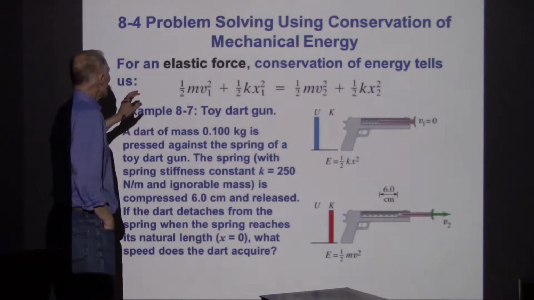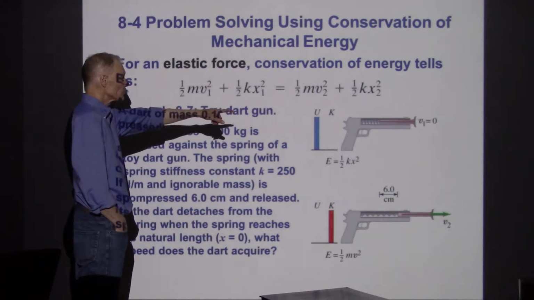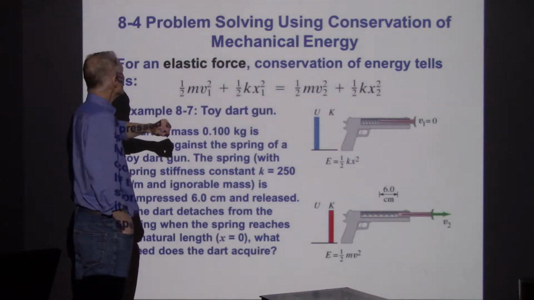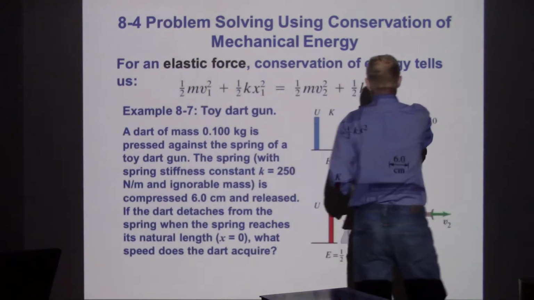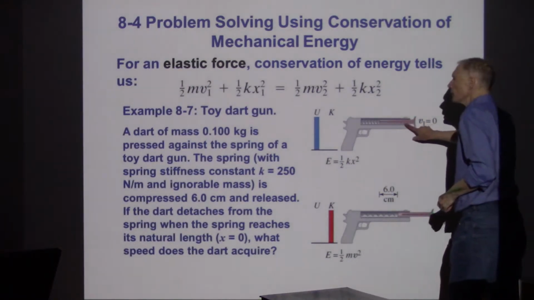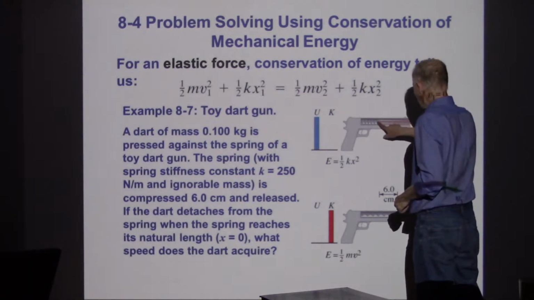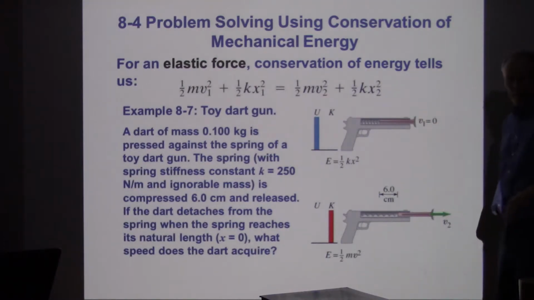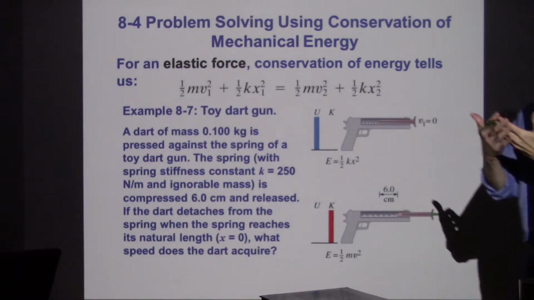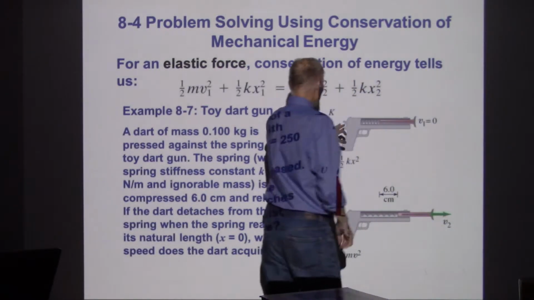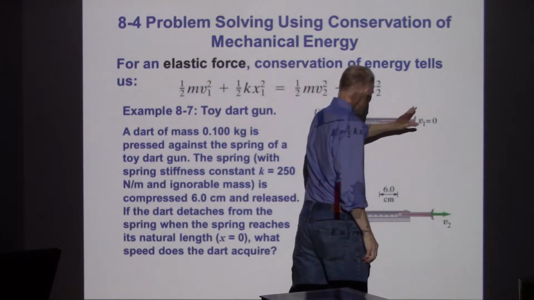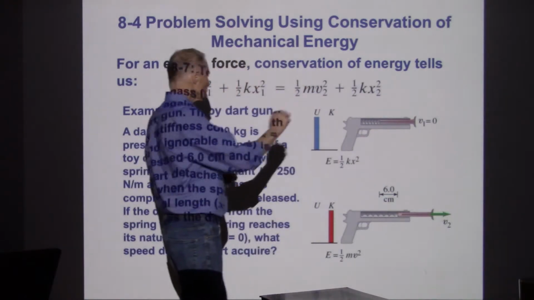So here's another example. Let's use a spring. What we're going to do this time is use this spring shooter. Here's a dart gun, and we've got a spring in here. We're going to push the dart into that. It's going to compress the spring, and that's going to store up some energy. Then when we release, the spring is going to be released, and the dart is going to shoot out from